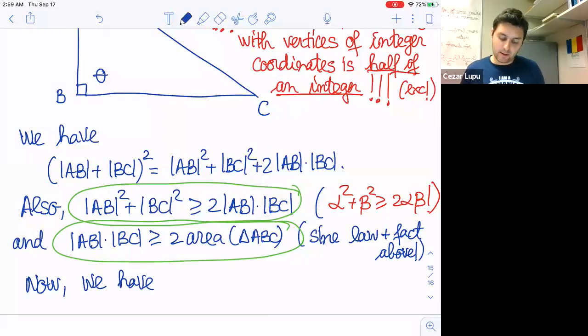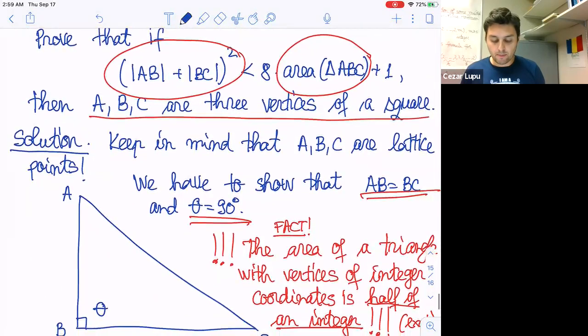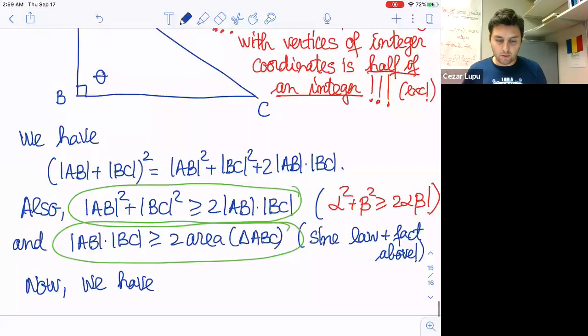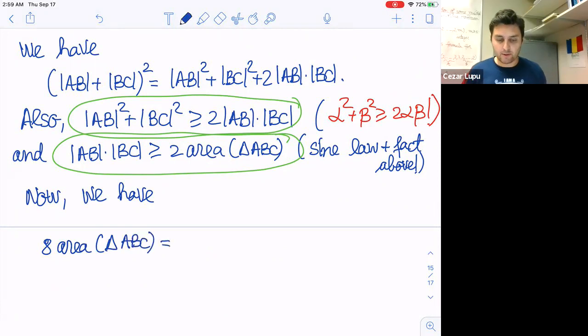Let's explore our conditions. So we have the following. Let me start. I'm going to do it like this. 8 times the area of the triangle ABC is nothing else than, well, it's less or equal than,